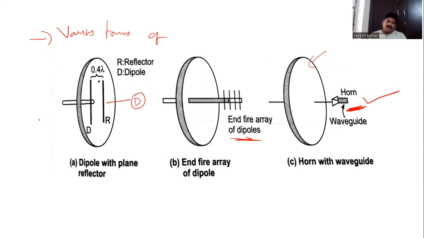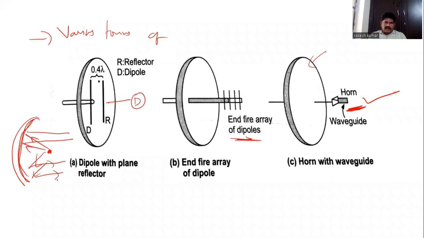For any parabolic reflector, we keep the primary antenna here. For example, this is my primary antenna. It sends the signals onto the reflector. Once the signals fall on the reflector, all the waves travel in the same direction, forming a plane wave front. So these are the various